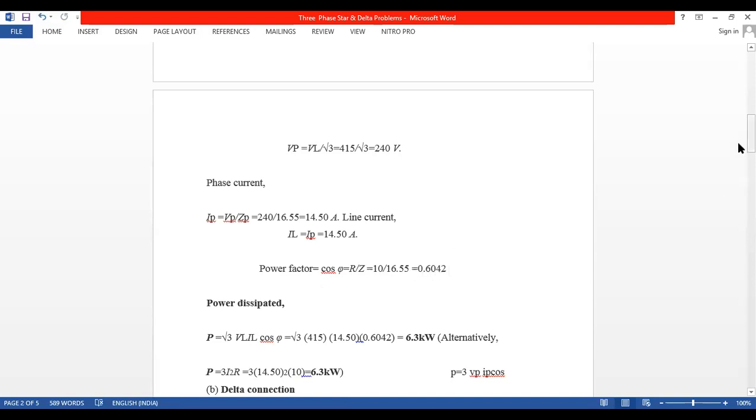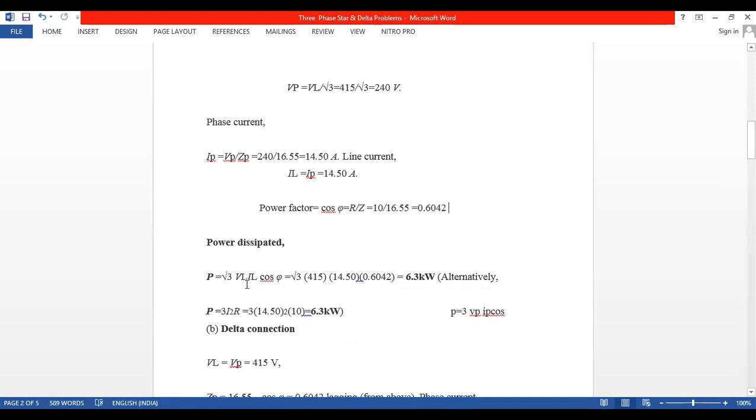Okay, so power dissipated. All the students remember, power dissipated means what? Power utilized by the bulb, power used by the fridge. When you are using the power dissipated, use this second formula, which is simple. What is the second formula? Anyone read out? 3 into I square into R. Power utilized is I square into R, but it is a three-phase system, so we multiply by 3. Power dissipated is 3 into I square into R.